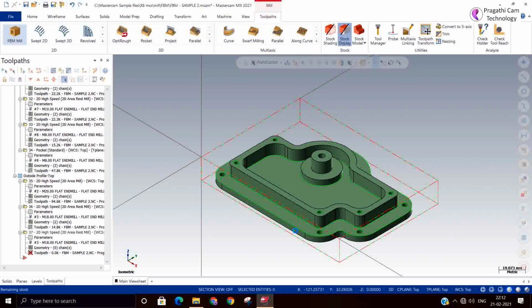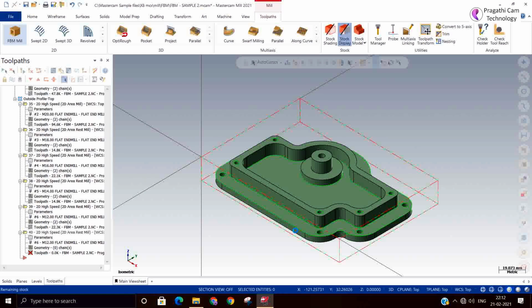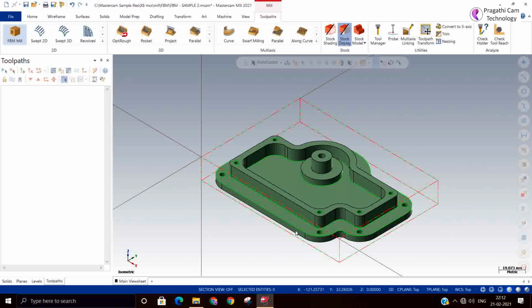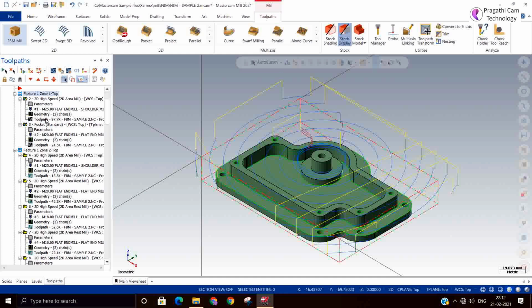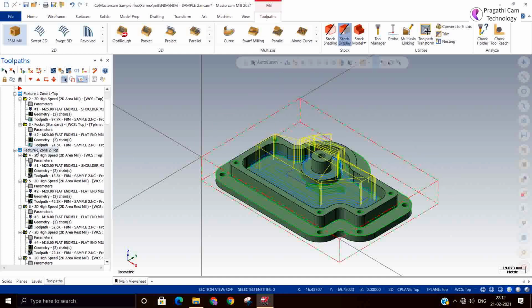If it is given to you for normal machining, if you do it, it has made around. So it makes zones, and zone wise it makes the machining. That's the reason, you can see how it has machined: zone 1, zone 2, zone 3.